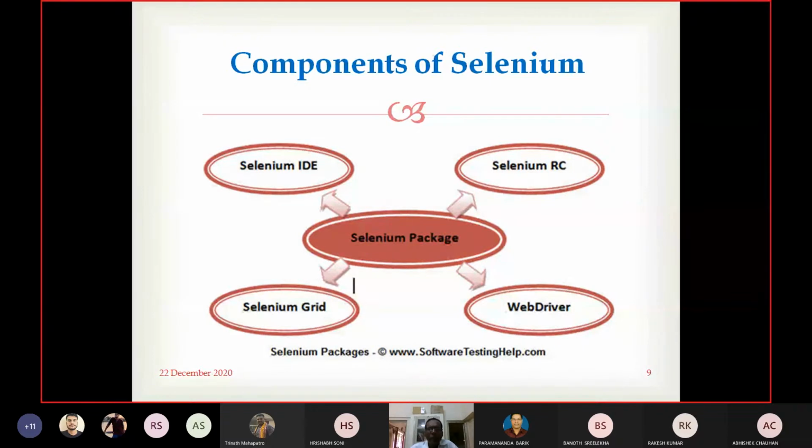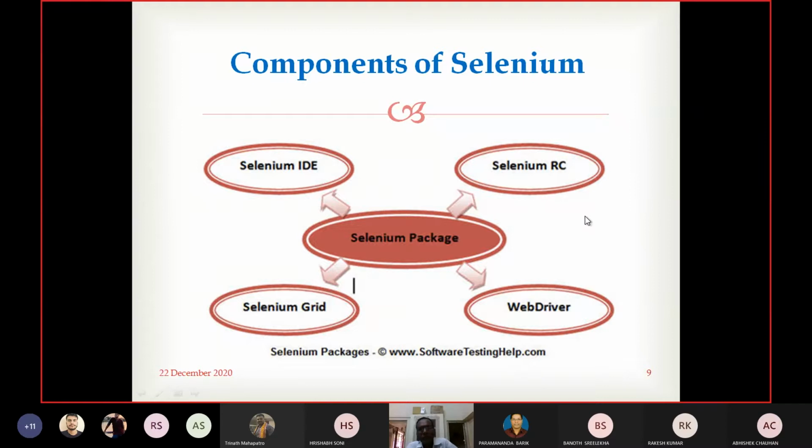So the Selenium package contains four components: Selenium IDE, Selenium RC, WebDriver, and Selenium Grid. You can get this from the source www.softwaretestinghelp.com. Today we will discuss Selenium IDE, and if time permits, in the next class we will discuss Selenium RC, WebDriver, and Selenium Grid.